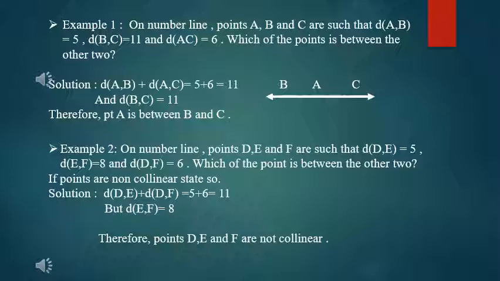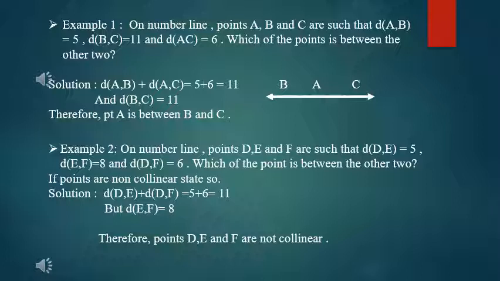If yes, state so. So our solution, as I told you in the first example also, we always take the distances which are the smaller ones and we add them up and we check if they are equal to the largest distance between the 2 points given to us. So here the smaller distances given are 5 and 6. So if I add 5 and 6, I get 11, which is not my larger distance given to me. So this is one possibility which I have checked. If you want to reassure, you can check the other combinations also.